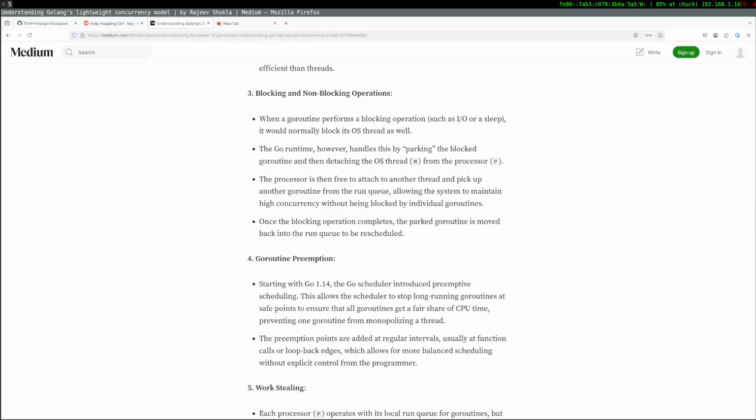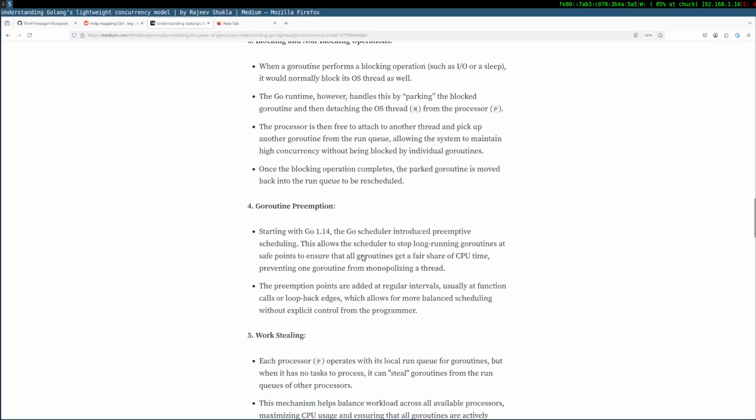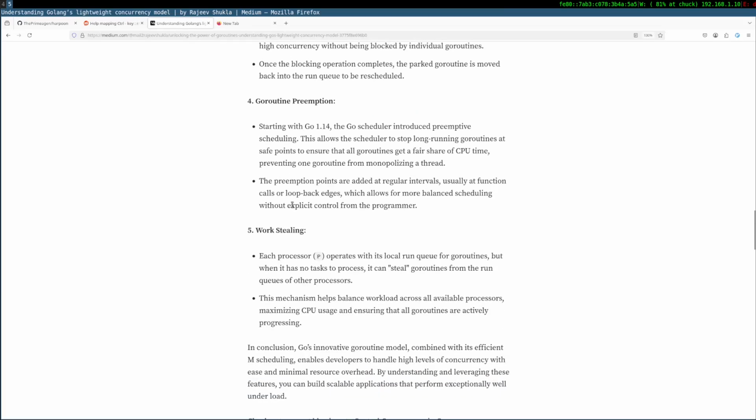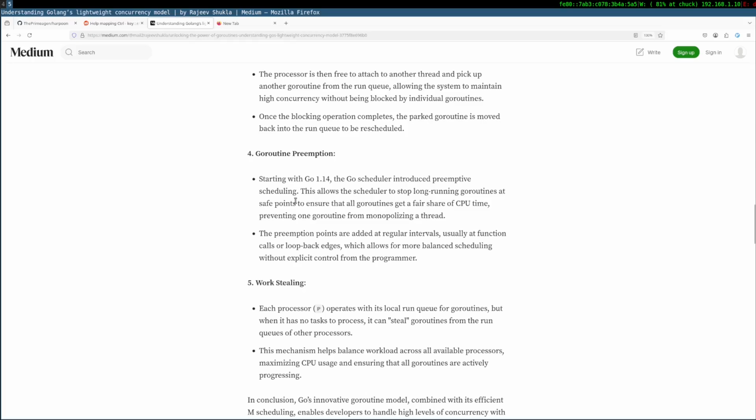Am I making any sense? Hopefully I am, because I'm trying to make it sensible for me to understand. Okay, once the blocking operation completes, the parked goroutine is moved back into the run queue to be scheduled. Wow, that's goroutines.